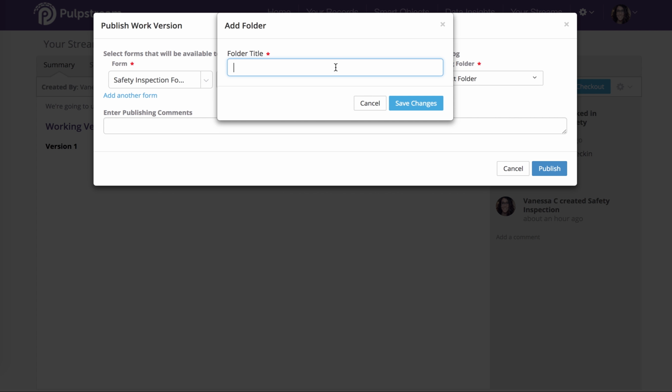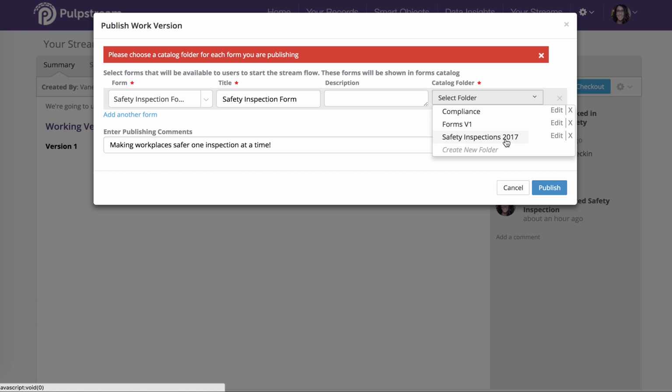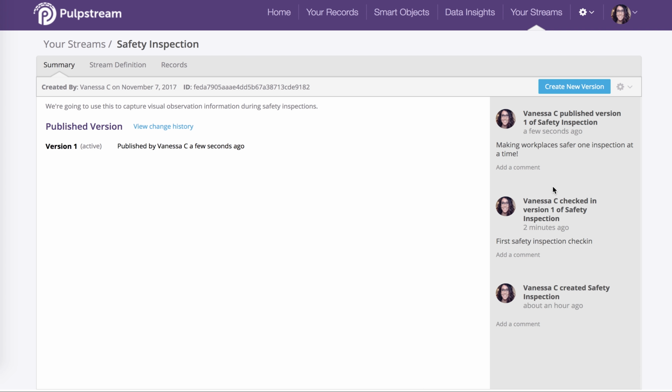Let's make a new one. Call it safety 2017. Add a couple of comments that are relevant to your workflow. Make sure that you select the catalog folder if you make a catalog folder to organize it in. And that's it. We have created a workstream and we can go ahead and start to test our new inspection